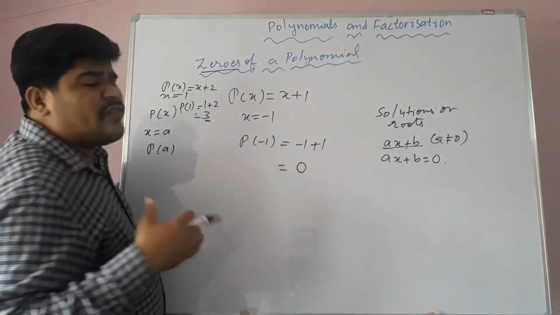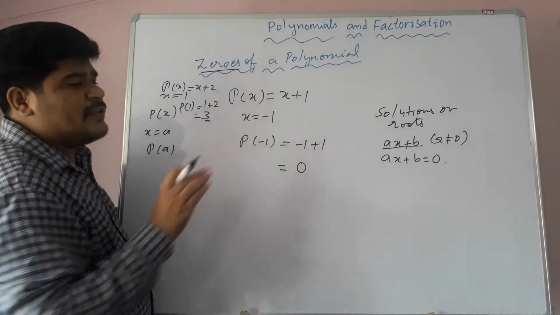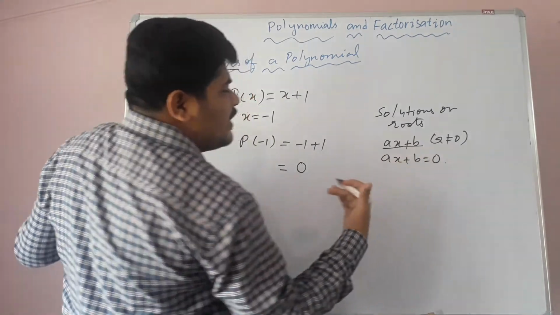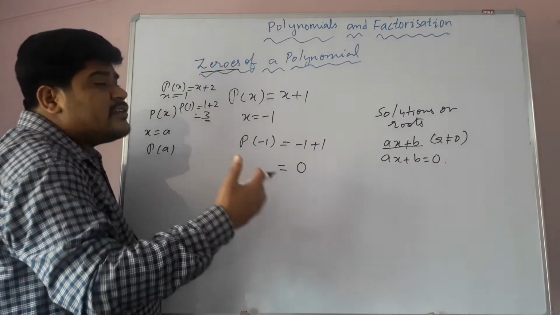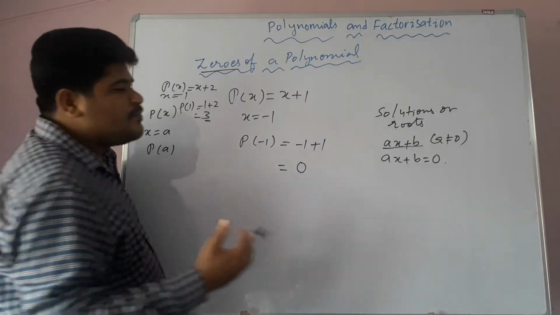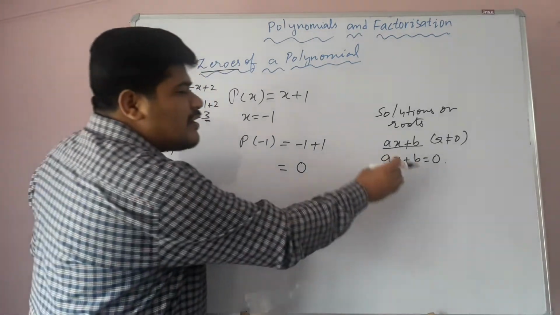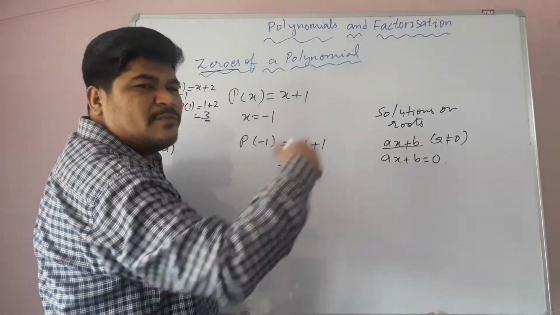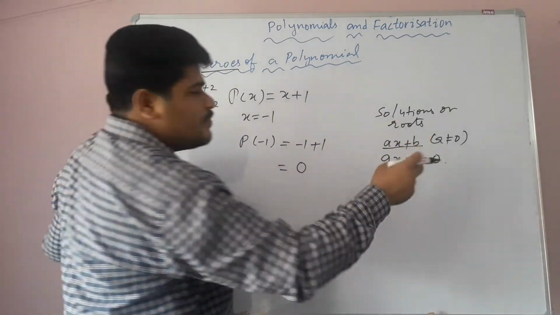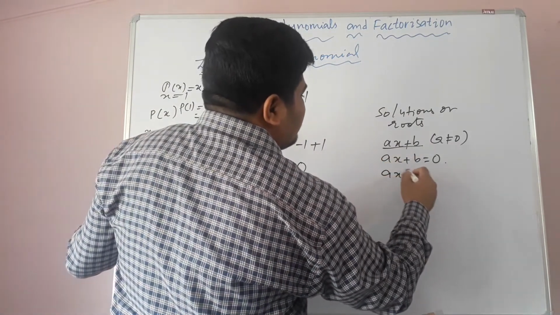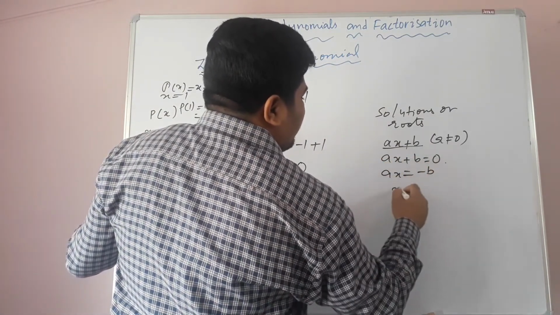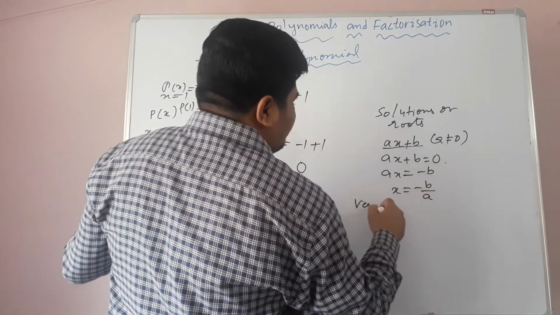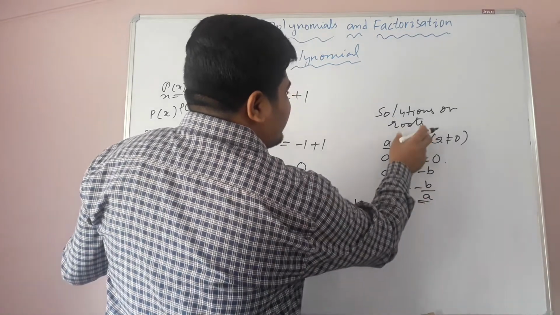So students, here we are finding the zero of ax plus b. To find the zero, first we have to equate this expression to 0. We learned equation solving in class 8, so we have to follow that. We need to solve this equation. While solving the equation, plus becomes minus, into becomes by, minus becomes plus, and division becomes into. So here ax is equal to plus b becomes minus b, and x is equal to minus b by a.